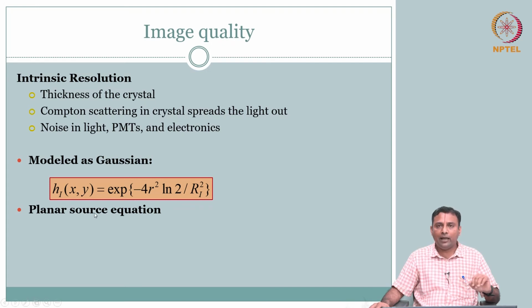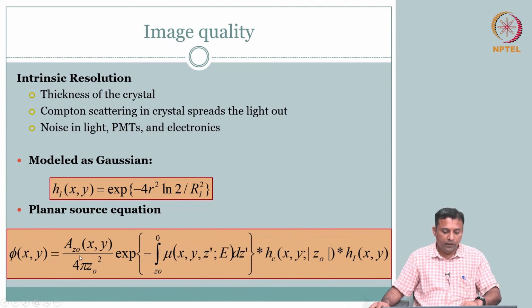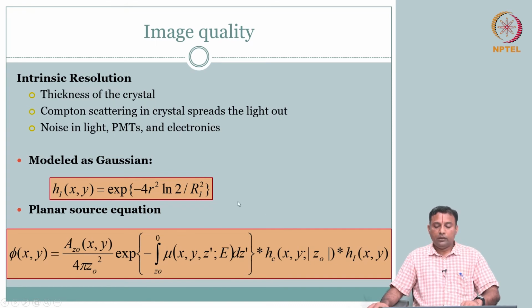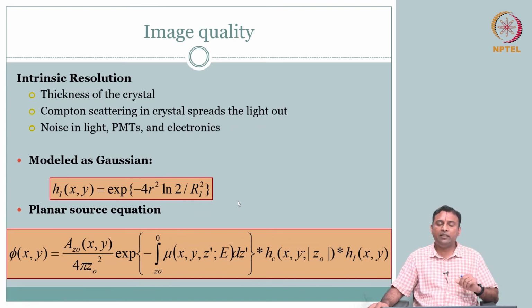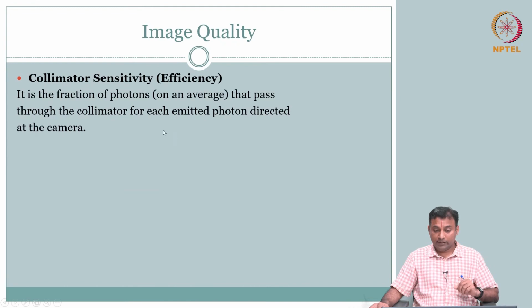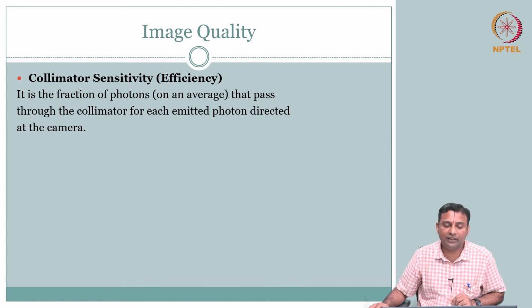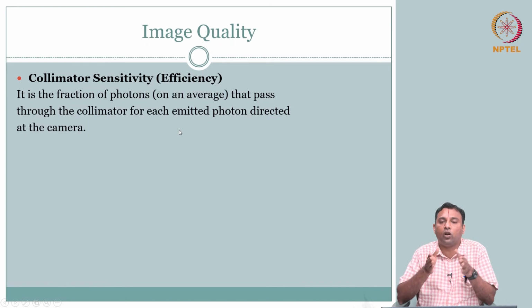So we will now update our planar source equation with all the terms, A z naught by 4 pi this term, exponential, and the 2 blurring. Okay. What else? From a resolution point of view, that is done, but we still need to talk about something called sensitivity, because we kind of even mentioned that. What is sensitivity? It is the fraction of photons on an average that pass through the collimator,